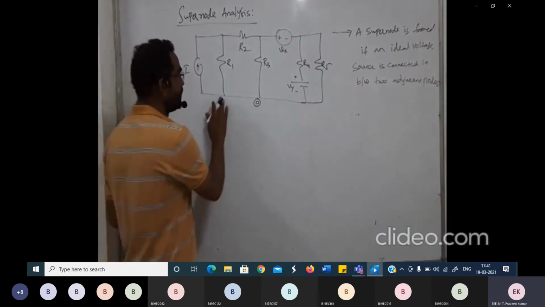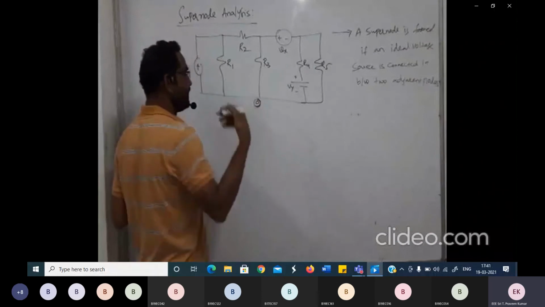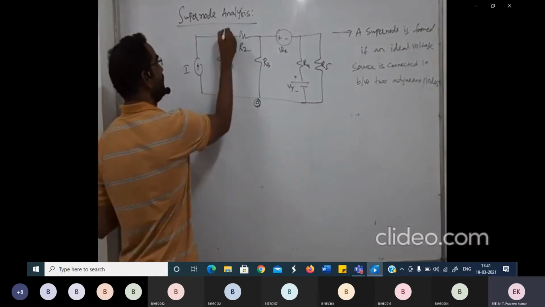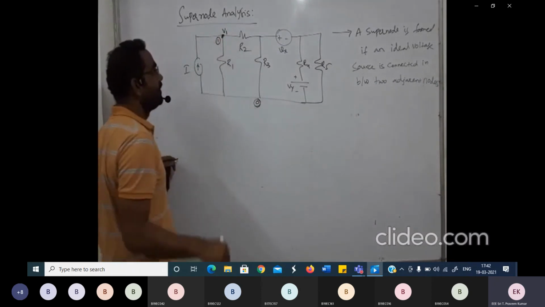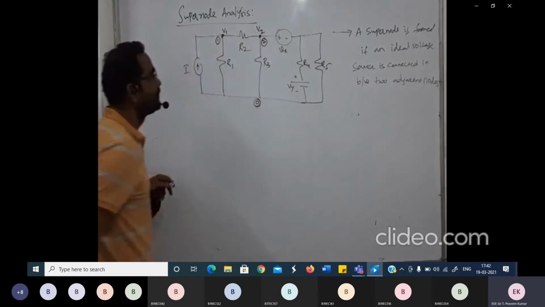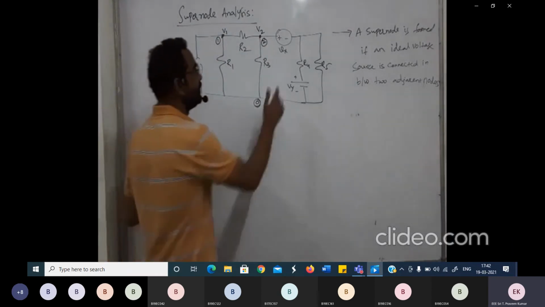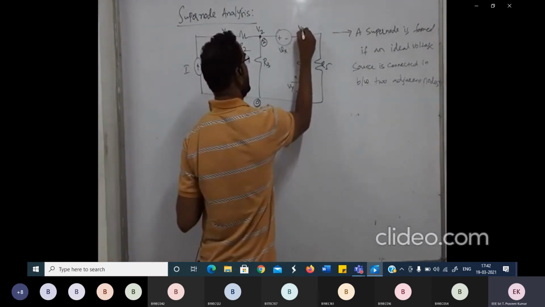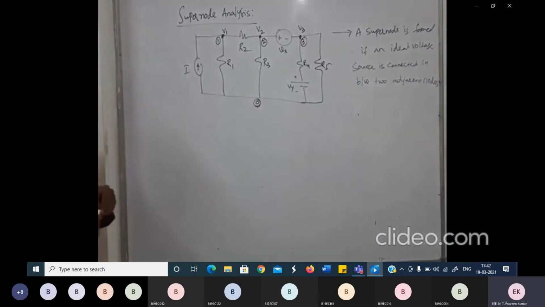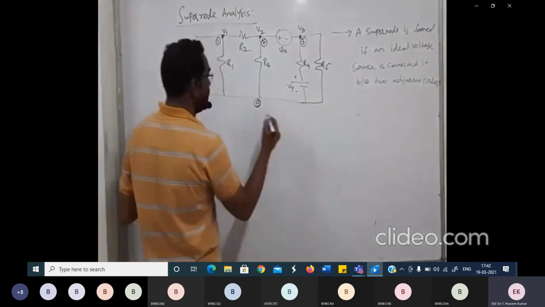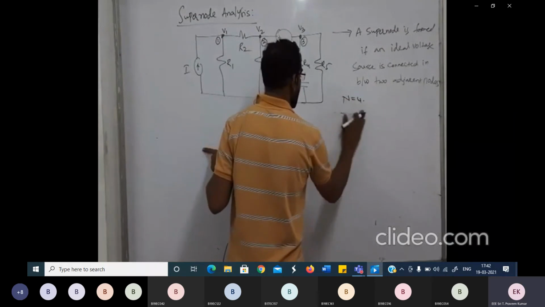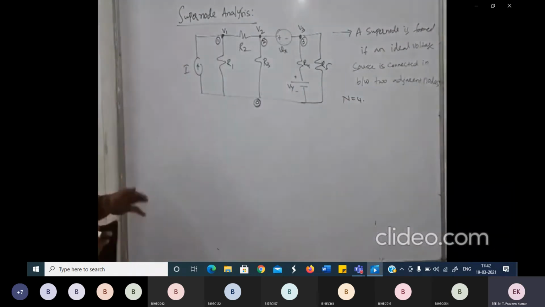Now all of you, let us look at this figure. This is my reference node, I take it as 0. Now I have another node here, I will say this is V1. This node is 1. Now this is another node, I will take this voltage as V2. Now this is another node, let this be V3, and this node I am taking as third node. So how many number of nodes do we have? Number of nodes is 4. Now the number of nodal equations has to be prepared.